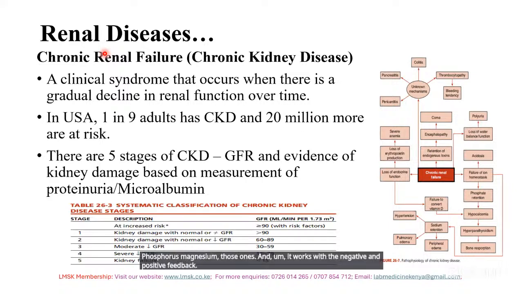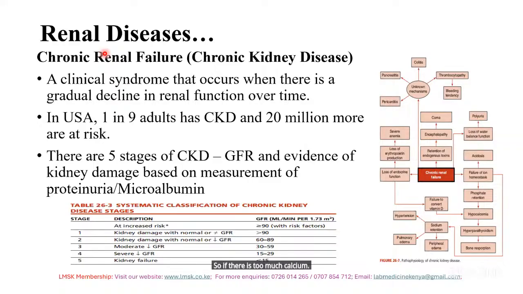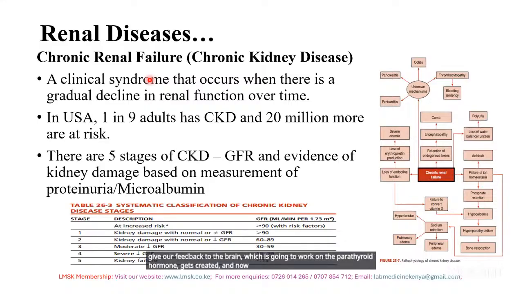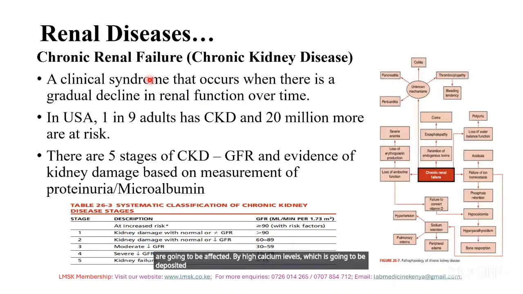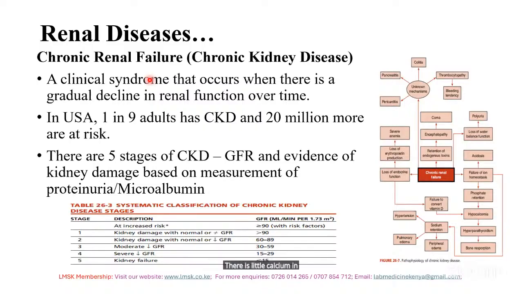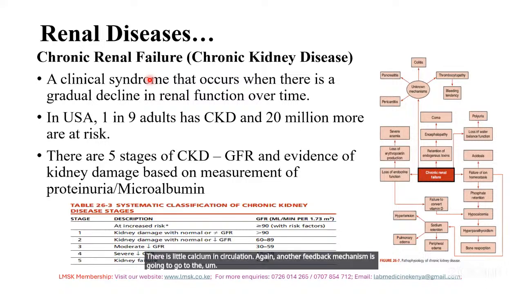So if there is too much calcium, then this calcium is going to give a feedback to the brain, which is going to work on the parathyroid hormone, and now the bones are going to be affected by high calcium levels, which is going to be deposited into those particular bones. If there is little calcium in circulation, again, another feedback mechanism is going to go to the brain, and then a feedback to the parathyroid gland to secrete PTH,